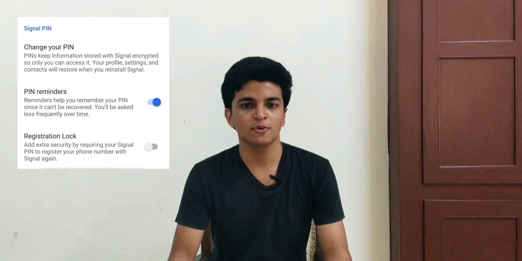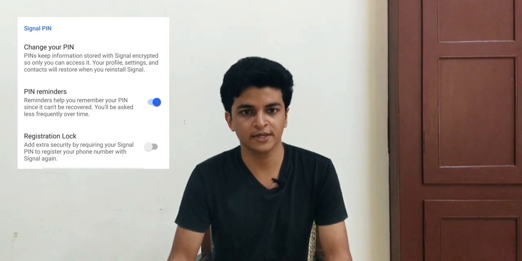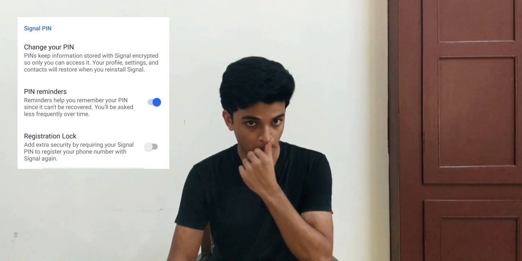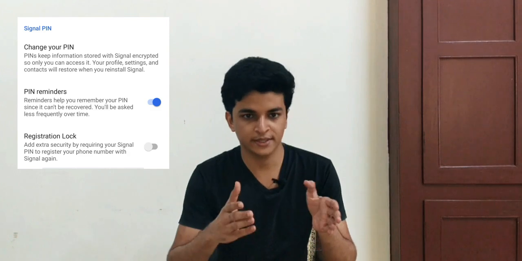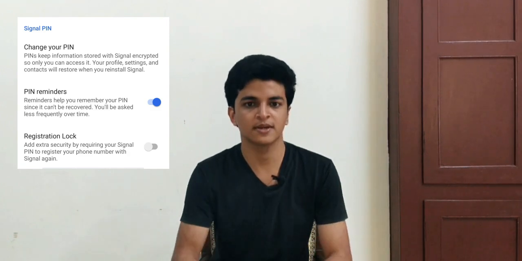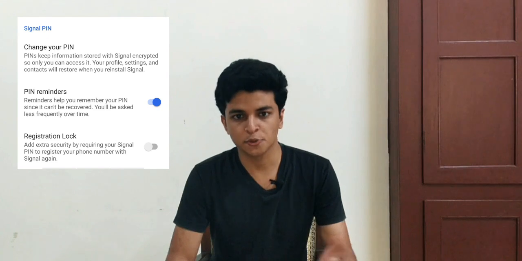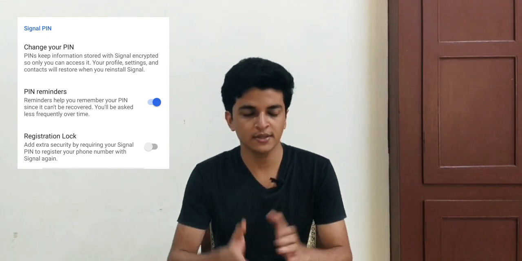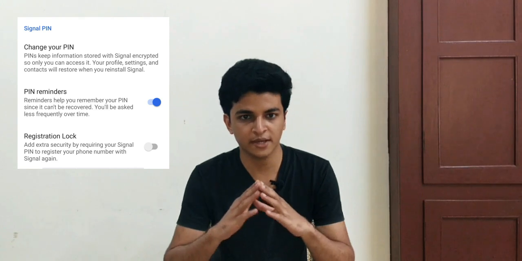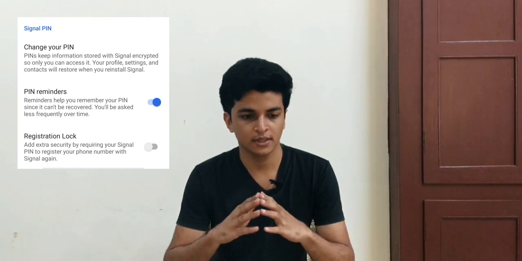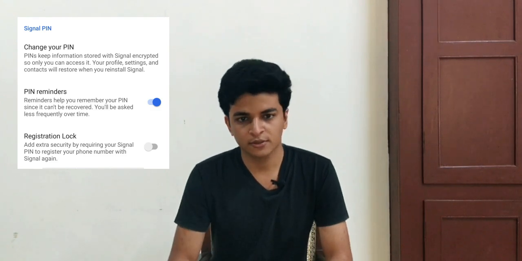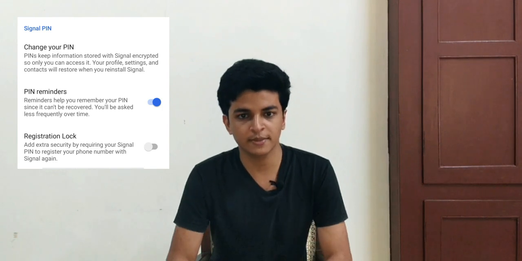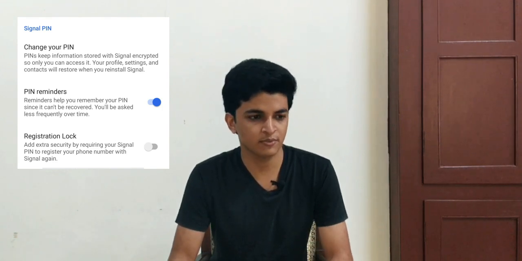Signal PIN. Now, Signal PIN is a code to save or recover your data, such as your name, profile picture, settings, or contacts, when you switch between devices. Signal is saying that all your data that is stored, such as your name and such stuff, is perfectly safe. And I think so too. Now an important thing, the PIN doesn't back up your chats. You have to do it separately. If you want to change your PIN, go with the first option. Now the PIN reminder. It simply asks you for the PIN once in a while so that you don't forget it.